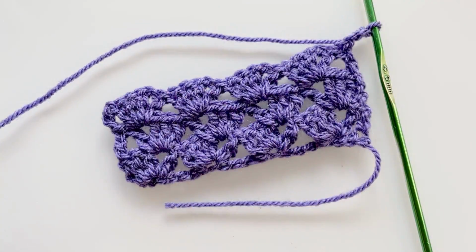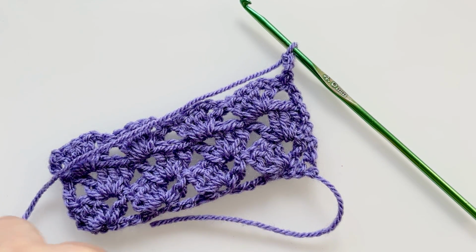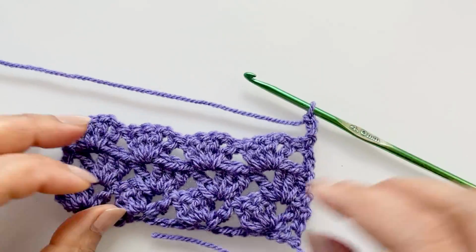And you can have a little look while I'm unraveling some of this yarn. Why oh why does it happen while I'm recording? Right,